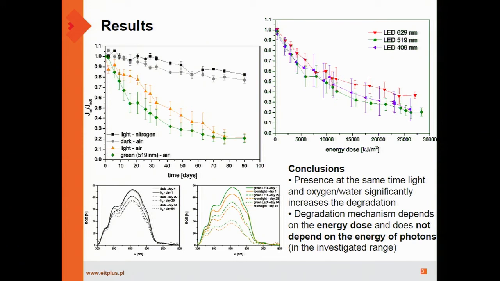One sample was kept in the nitrogen atmosphere without any shading. As you can see, samples kept in the dark or under nitrogen atmosphere are quite stable, but samples under room light or even under LED light, in this example a green light,